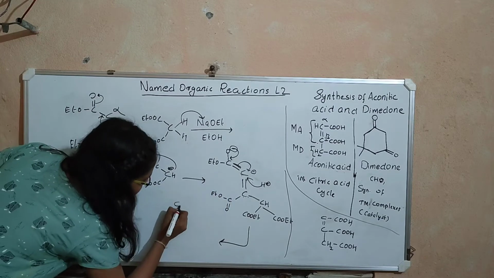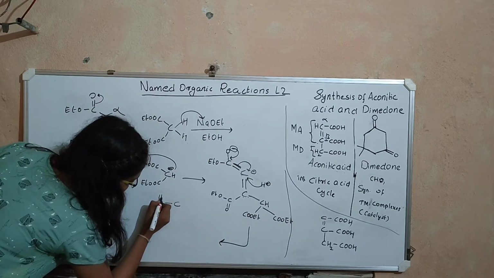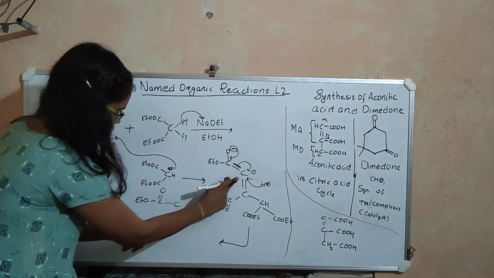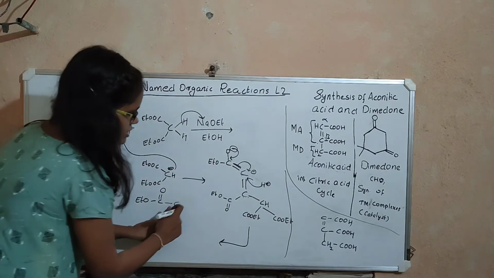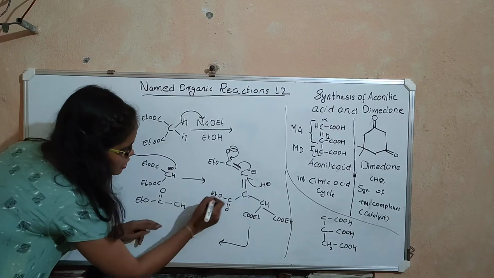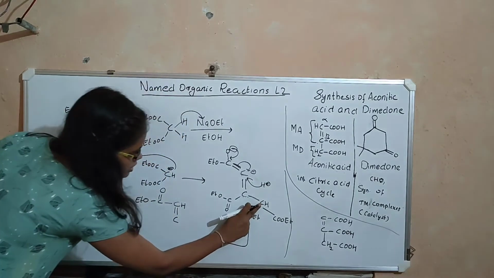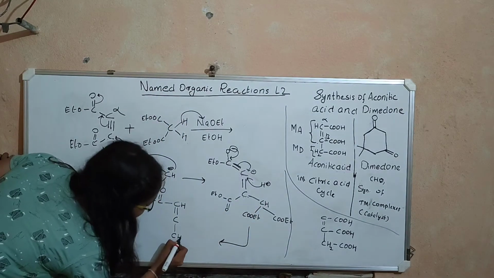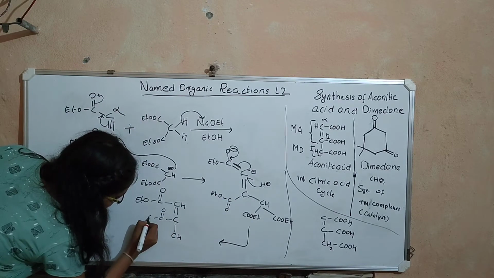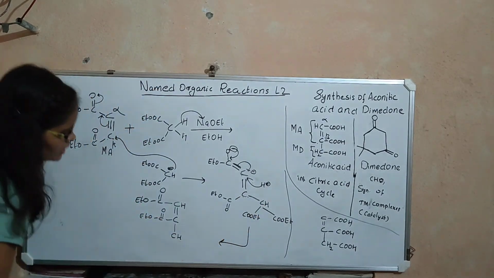You have this carbon here and it has a COOEt group on it, C double bond O, OEt. There is a single bond between this carbon and this carbon. Now you have H plus which has attacked this carbon, so it becomes CH. So there is a double bond. Now there is a single bond between this carbon and this carbon, so you have CH. There is one COOEt group on this carbon, and you see there are two ester groups on this third carbon.